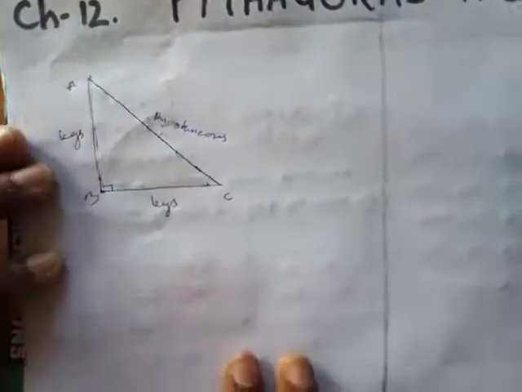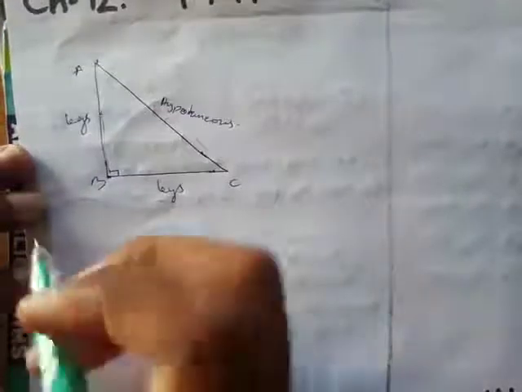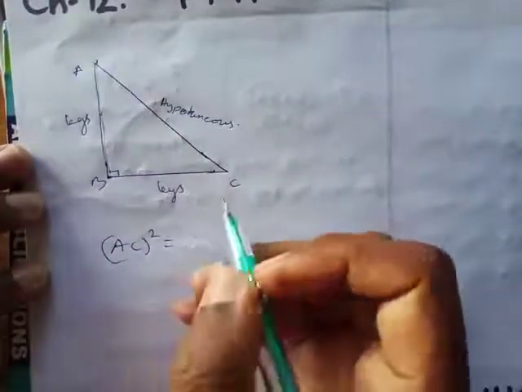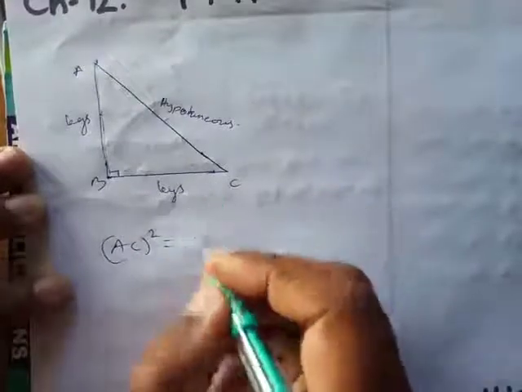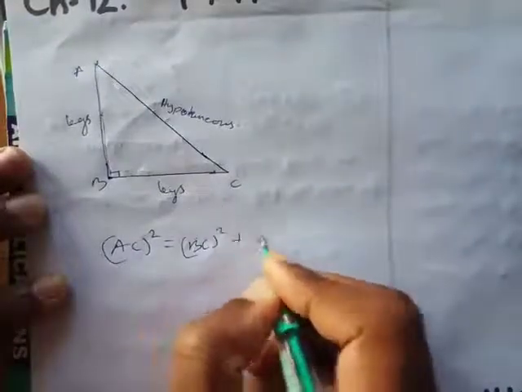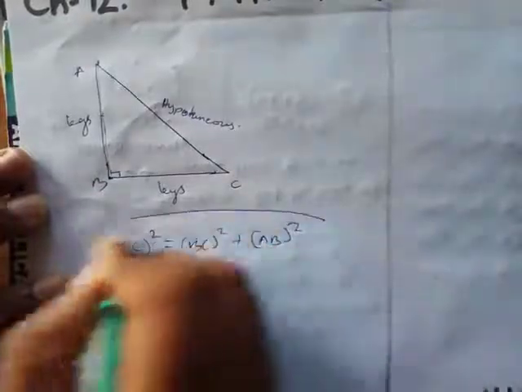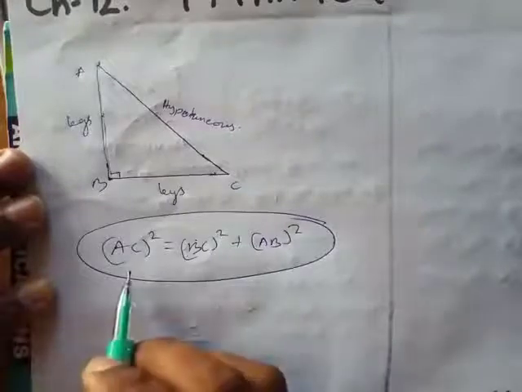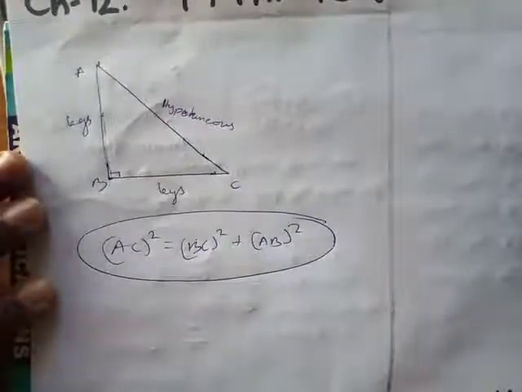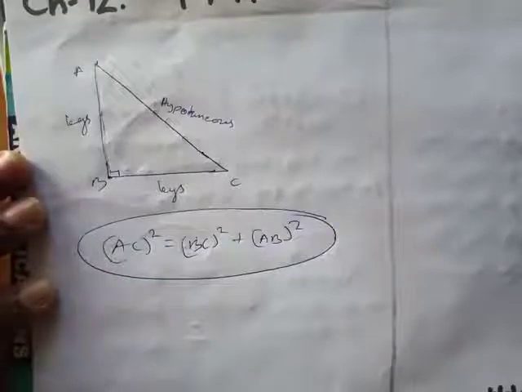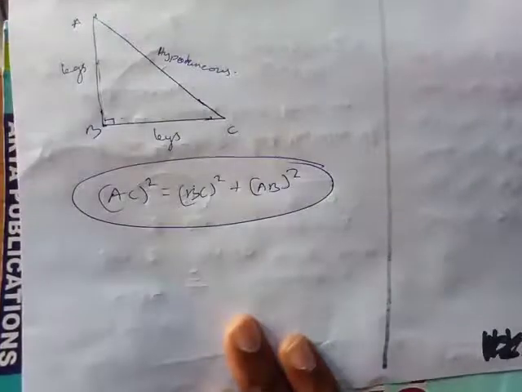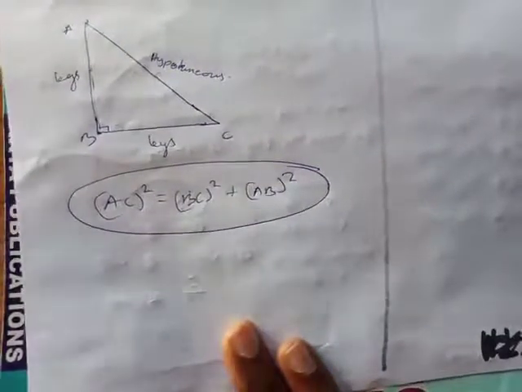So basically he introduced, let me tell you in a very short way, that the hypotenuse square is equal to the sum of the squares of the other two sides. That's going to be BC square plus AB square. So this is the whole formula that this chapter is going to be covered by, and this formula is going to be used in all the questions that will be given to us in this exercise, that is chapter number 12. We'll try solving some of the questions on them, and we'll do some questions and revision on this chapter today.